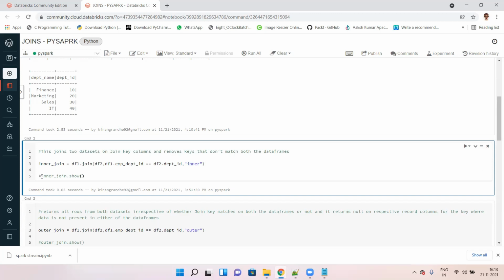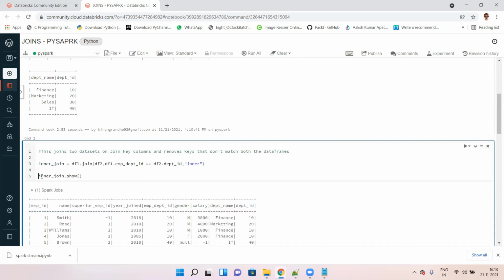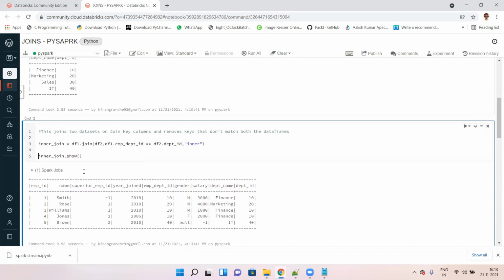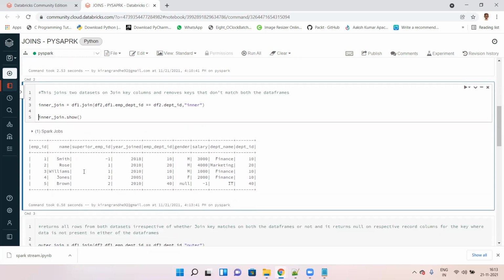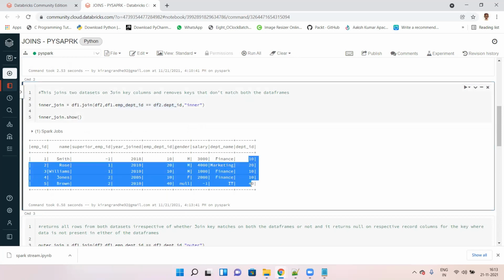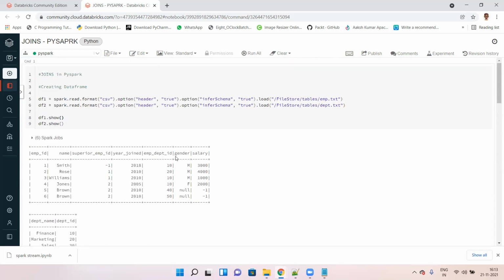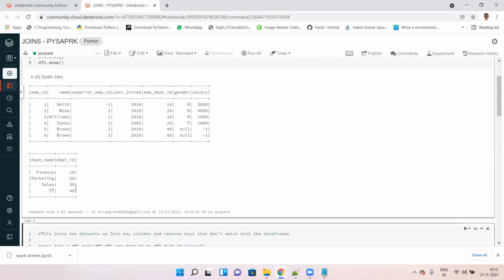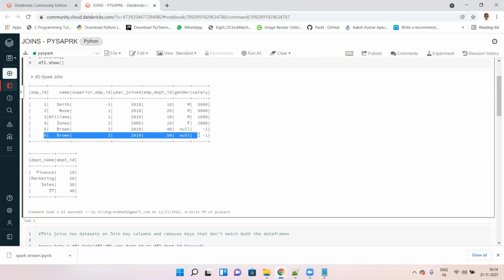As you know, if we do an inner join, it will join on the data which is common in both the tables, based on the condition which we provided. So here we can see the department IDs 10, 20, 40 in the output, but in this table we can see there is a department ID 50.